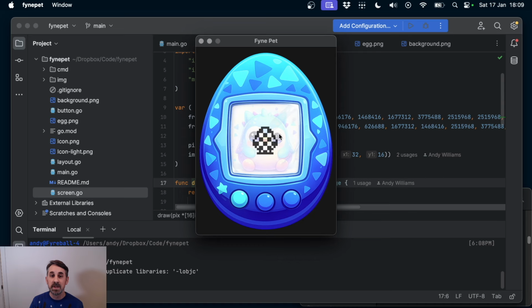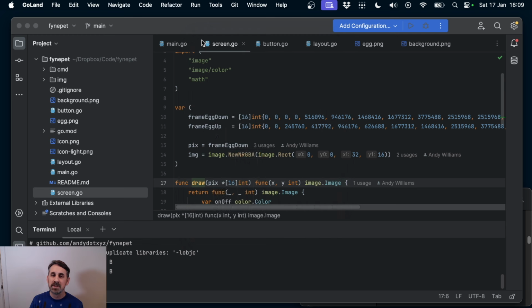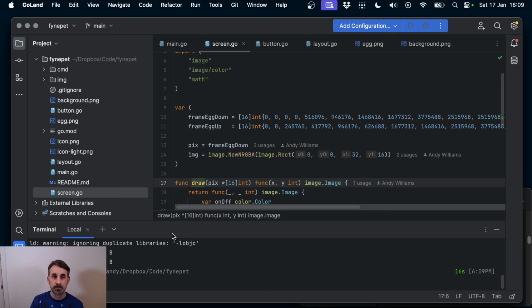So you can see the different layers, and you can see the color when I tap the button. And the screen here is alternating between those 2 states, the up and the down. But how did I figure out the numbers for those pixels? Well, I have a little bit of help here. I've made a utility for editing the screen pixels. If you check out the repository, you can use this too, but if I just go and run this utility,